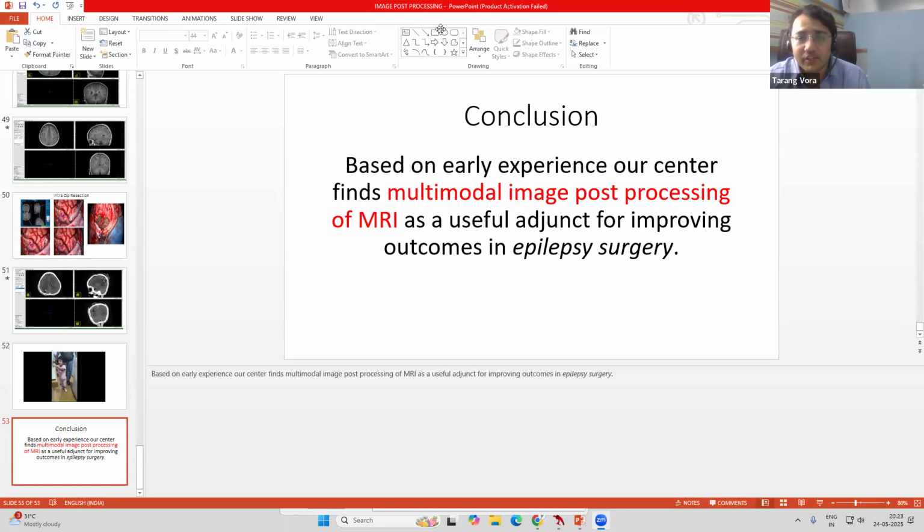With any focal cortical dysplasia, the outcome is really good. FCD type 2B has the best seizure freedom outcome because they are clearly seen on the MRI and it's easy for us to find them. Plus, the surgeon gets a very nice feel during the surgery; it's tougher tissue. But FCD type 1 has lower seizure freedom rates compared to FCD type 2. With the multimodal imaging techniques that we are using, I think our detection rate is much higher and we are able to resect a good chunk, and we are getting seizure freedom rates that may not be as good as FCD type 2, but still somewhere nearby.